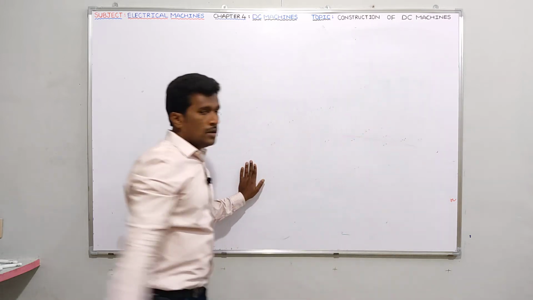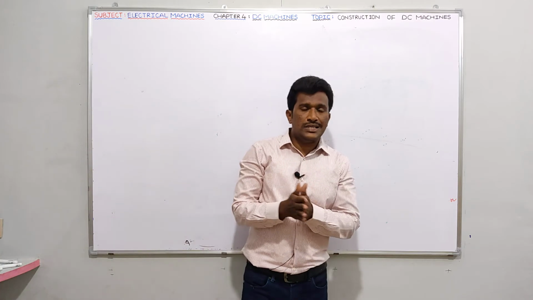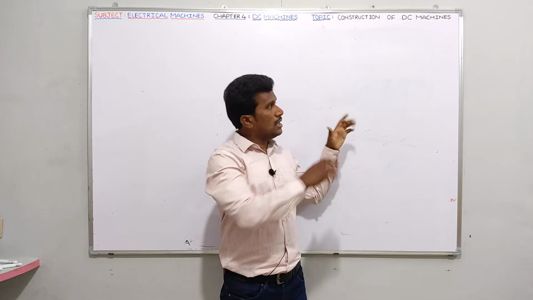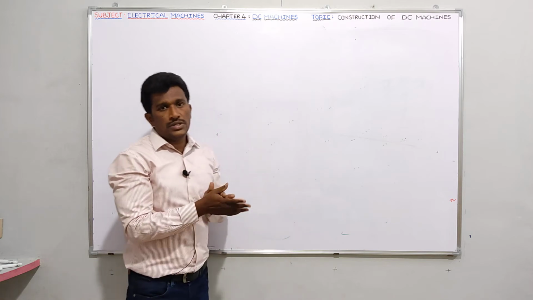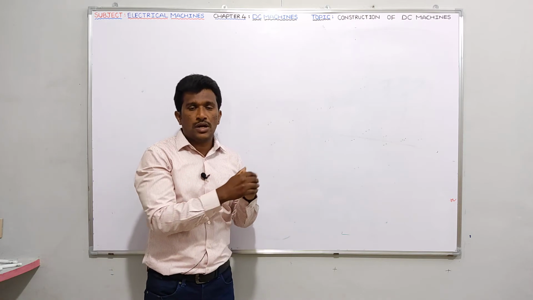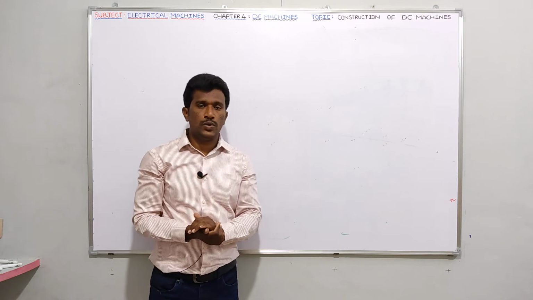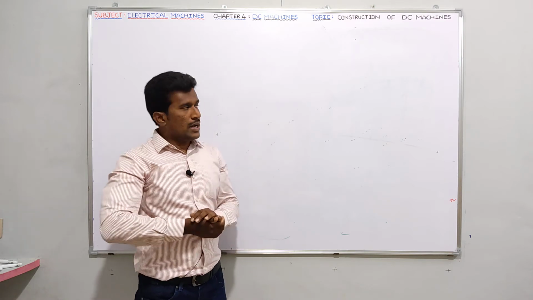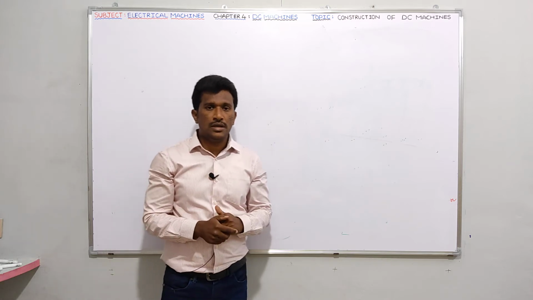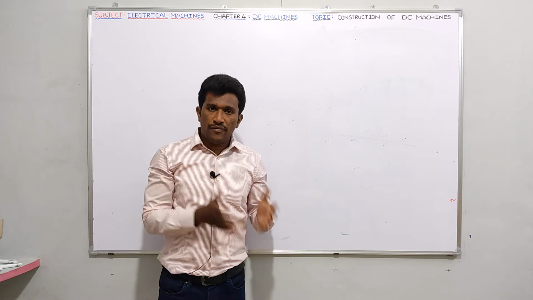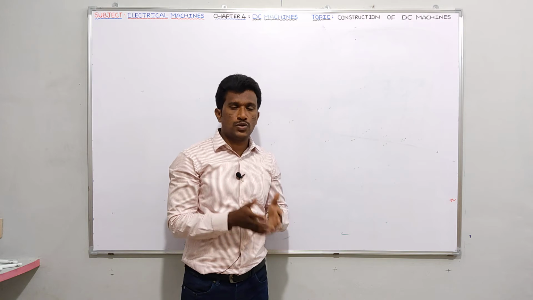Okay guys, so please let me conclude. In this video, we completed the designing of a wave winding by using one table column, coil span data, and the commutator pitch. What is the formula for commutator pitch in wave winding? 2 by P into S plus or minus 1. The designing part is not that important for you. Ultimately, one thing you have to remember: the number of parallel paths in lap winding equals the number of poles, and in wave winding, the number of parallel paths equals 2.